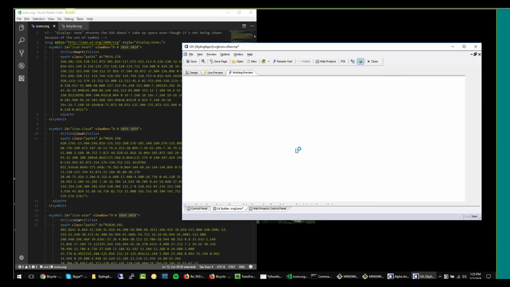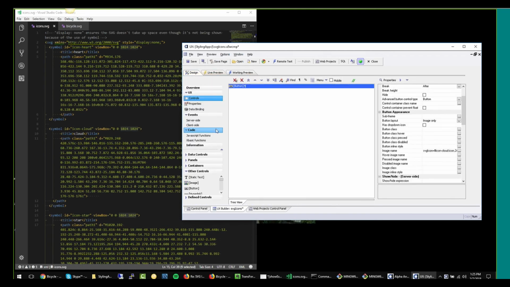If we go into working preview here, wait for a moment here. System's a little slow. There's my icon on my button, a little cloud. So to address the specific question that we had, part of the answer does depend on how your SVG file format was defined, on how those icons are included. But in the case that I'm showing here using symbol,